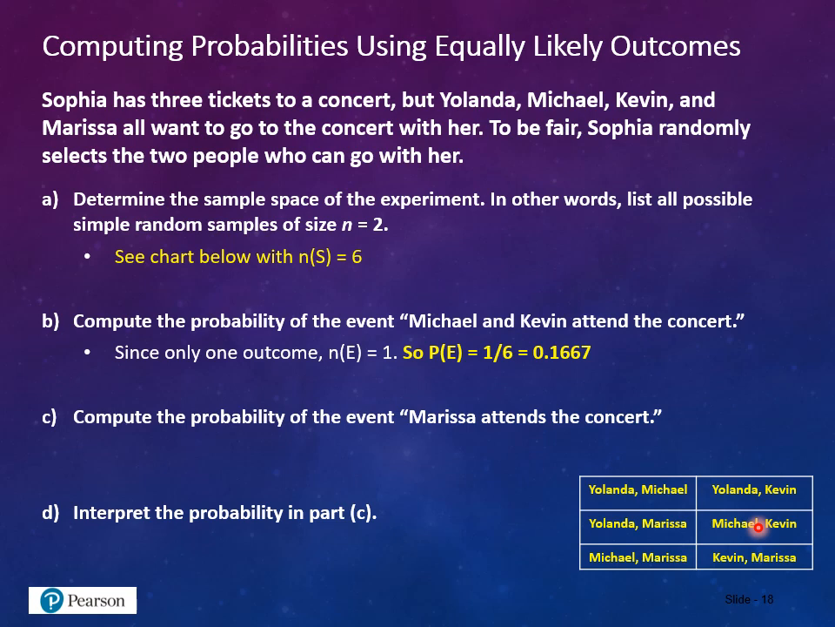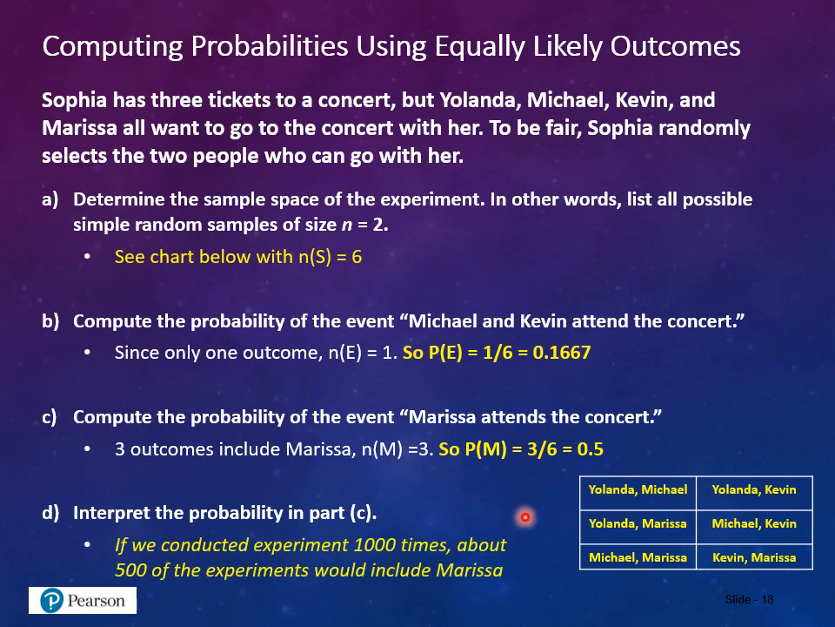Compute the probability of the event that Marissa attends the concert. Now in this case, this is just asking us what's the likelihood that Marissa will get to go. So notice there are Marissa, Marissa, Marissa. There are 3 out of the 6 outcomes that include Marissa. So the number of outcomes for the event, Marissa attends the concert, is 3. And so our probability that Marissa goes is 3 out of 6, or 0.5, which would be the same for all 4 candidates, right? They each have a 50-50 shot of going to the